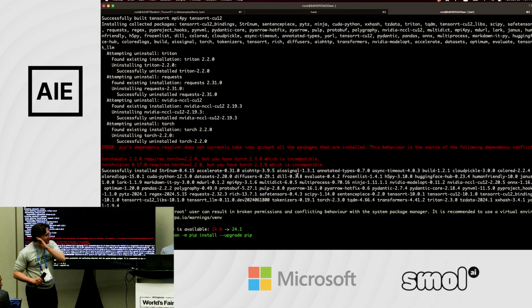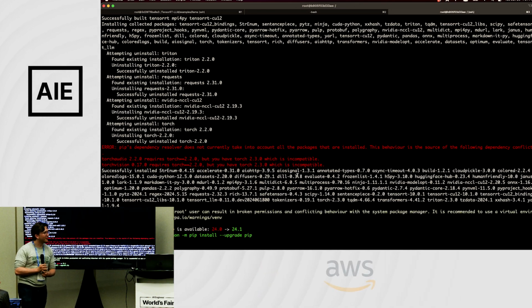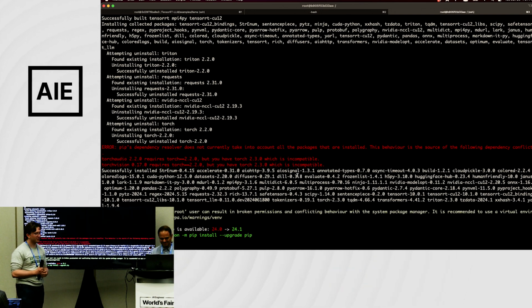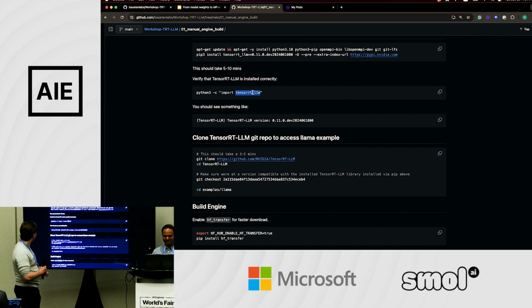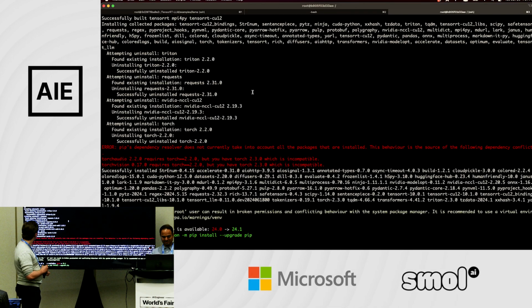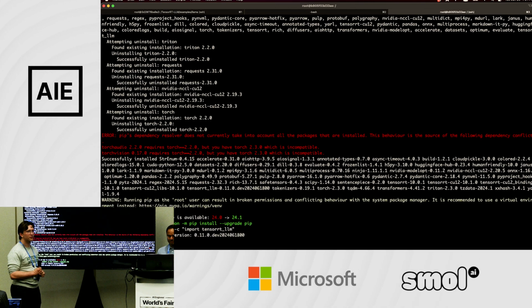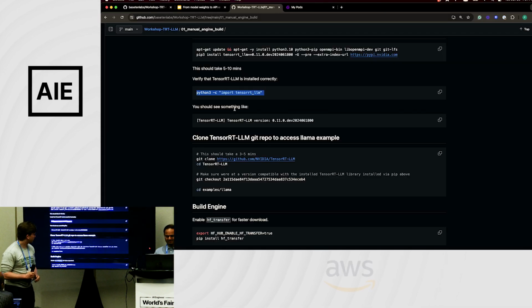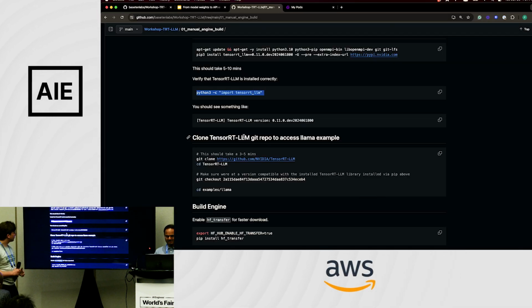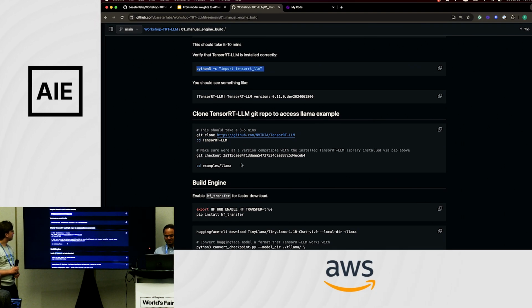Yeah, NVIDIA does publish these images on their container registry called NGC, and there are Triton registries available for these things. Maybe we should have used that rather than RunPod, but it's all good. So now let's check that TensorRT-LLM is installed, and this will just tell us that everything is well and good. So it printed the version. You should see that if everything is working fine. And then we're going to do the real thing.